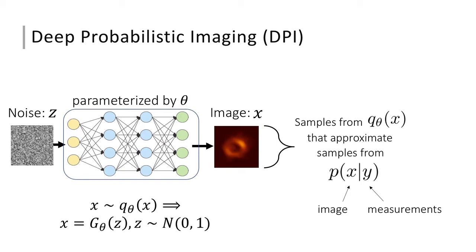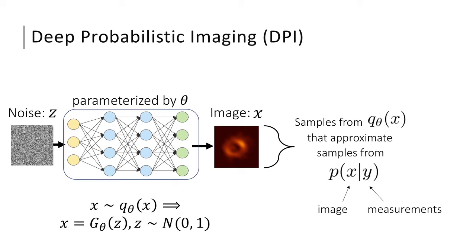In other words, we want to learn a generative neural network that can map a distribution of noise to an imaging posterior distribution. Okay, now the question becomes, how could we train this network? Unlike in the case of training a generator of bedroom pictures, here we don't have a training set of posterior images we can use. If we had the posterior image samples, there would be no need to learn this neural network, right? The only data we have for optimizing the neural network is the sparse and noisy measurement data of a